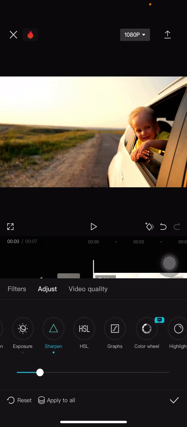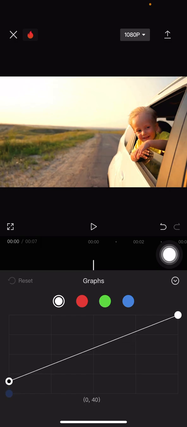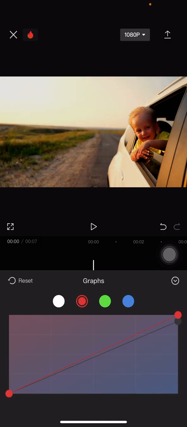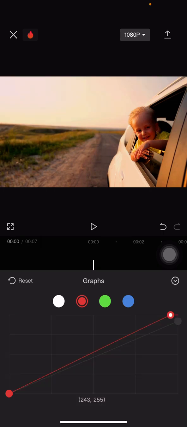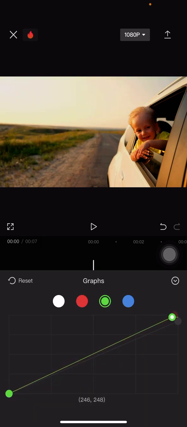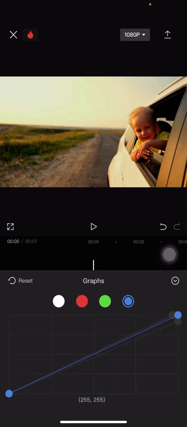And now you need to go into the grabs. Now you can adjust this primary color, which can affect your video. For the white, you can increase it, but I will suggest you make it a little bit lower, decreasing the white color on this video, and increasing a little bit more light or red on it. There we go. And for the green, you can also adjust it a little bit, and for the blue you can also adjust it to this part. There we go. And then when you're done, you just need to click this button,